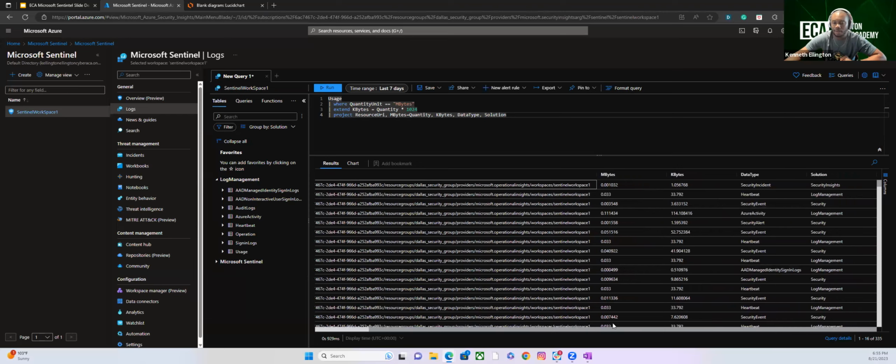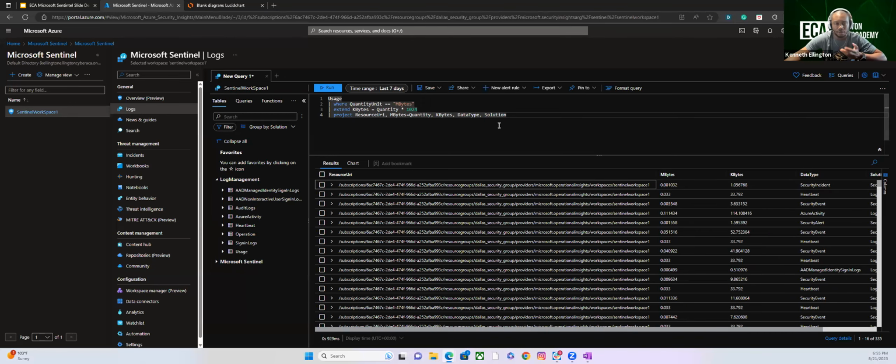So now we have a better sense of which tables are actually going to be the most populous one, which is the data type field. If I want to sort this by descending, I'm able to do that as well. But to answer Corey's question,